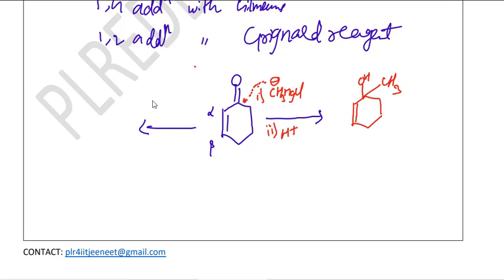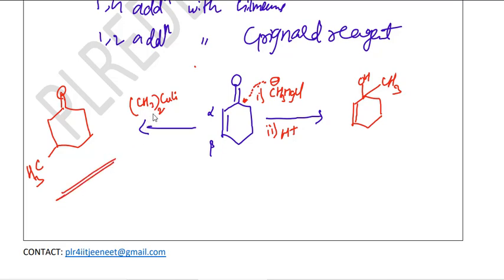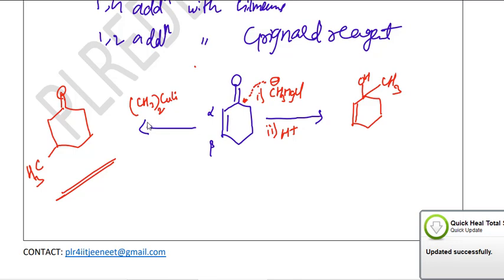Suppose if I take the Gilman's reagent, CH3 taken twice, copper, lithium, then here you can see 1,4 addition takes place. Here ketone is as it is. This unsaturation, this fourth position, methyl group is attacking. This is the advantage. Already we learned that Gilman's reagent does not react with ketones. So here this is the 1,4 addition, this is the 1,2 addition.